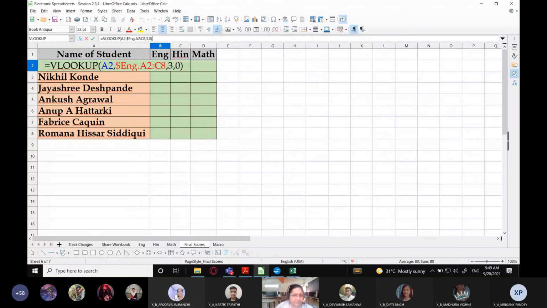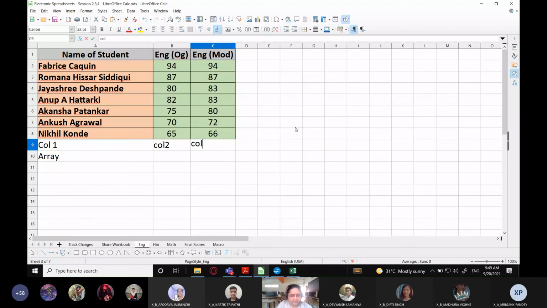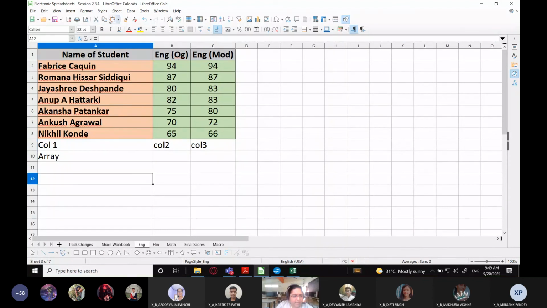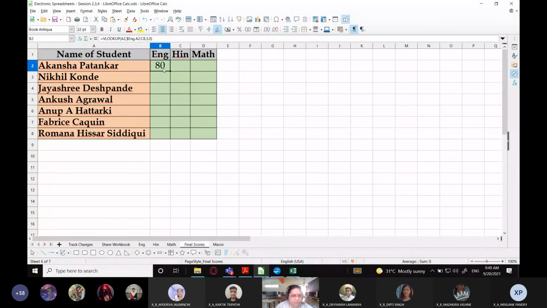That is, if you remember, I had provided this whole array. This is my array. Remember this, this is my array. And this is my first column, that is column 1. This is column 2 and this is column 3. Right. So the array's address is what? This was the address, that is A2 to C8. And when you come to final scores and you check the formula here, A2 to C8 is the complete array.